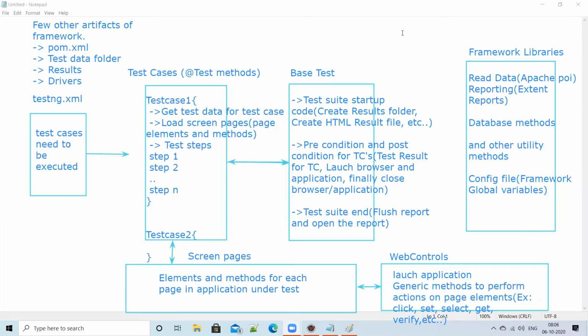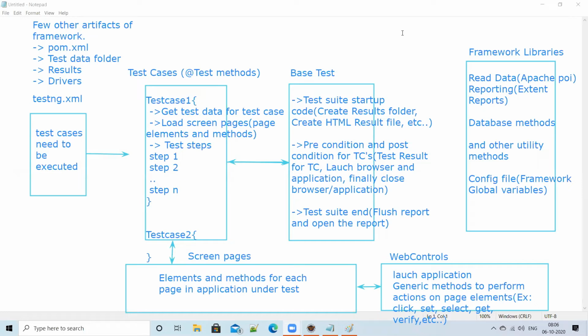Let me explain. Ours is a hybrid test automation framework, which is a combination of multiple frameworks. We have a modular component-based approach, data driven, and we are using TestNG also. We implemented the page object model, and to read the data from Excel, we are using Apache POI.